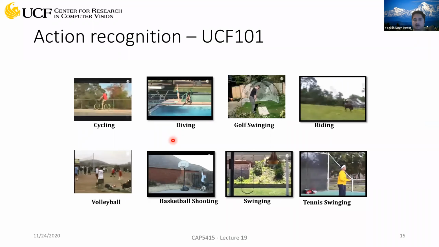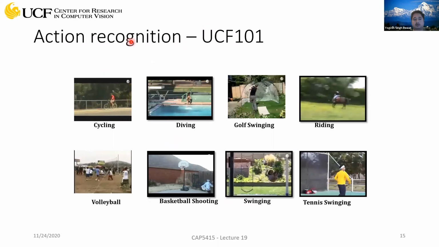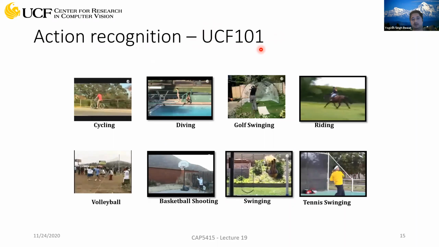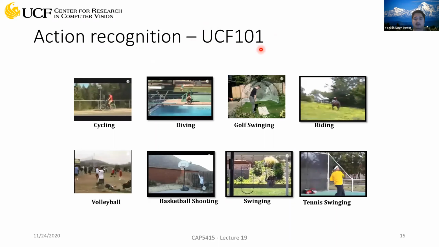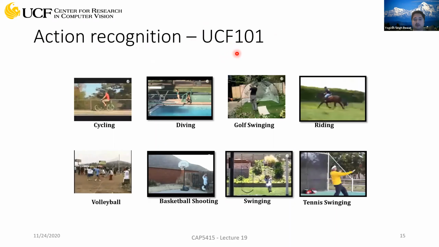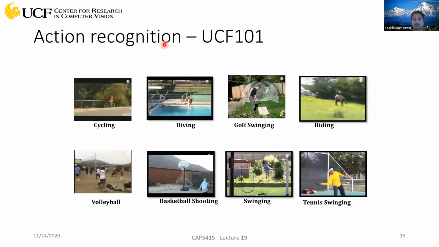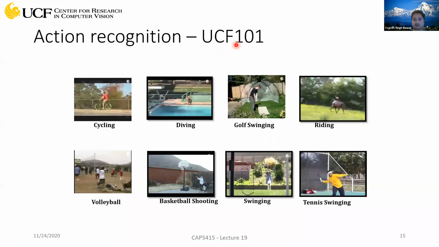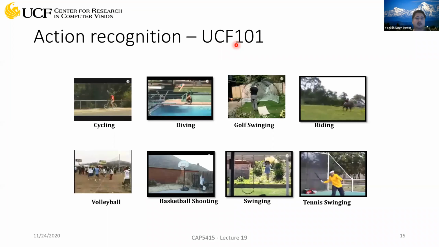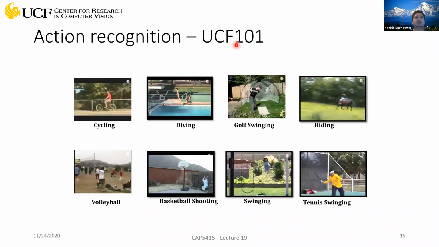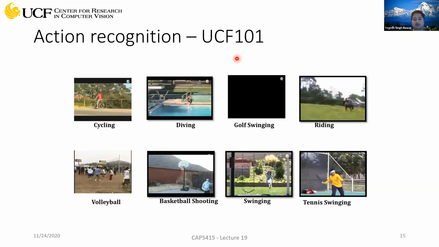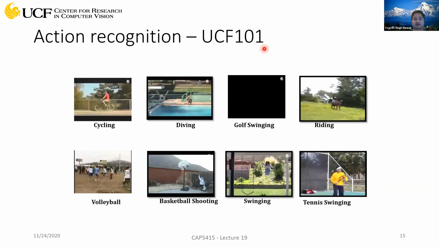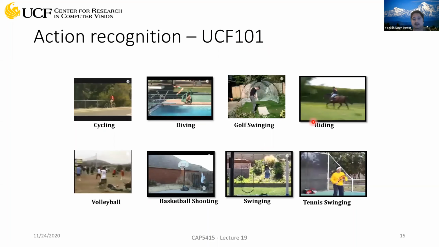So this again is showing some sample videos from a very famous action recognition dataset, which is called UCF 101. This was created here at the UCF CRCV lab. And this is being used by everyone in the world who is working on this action recognition problem. In this dataset, we have roughly 13,000 videos. And it's not that big because I think it was created around 2012 or 2013. And it's 101 because we have 101 action classes in this dataset.